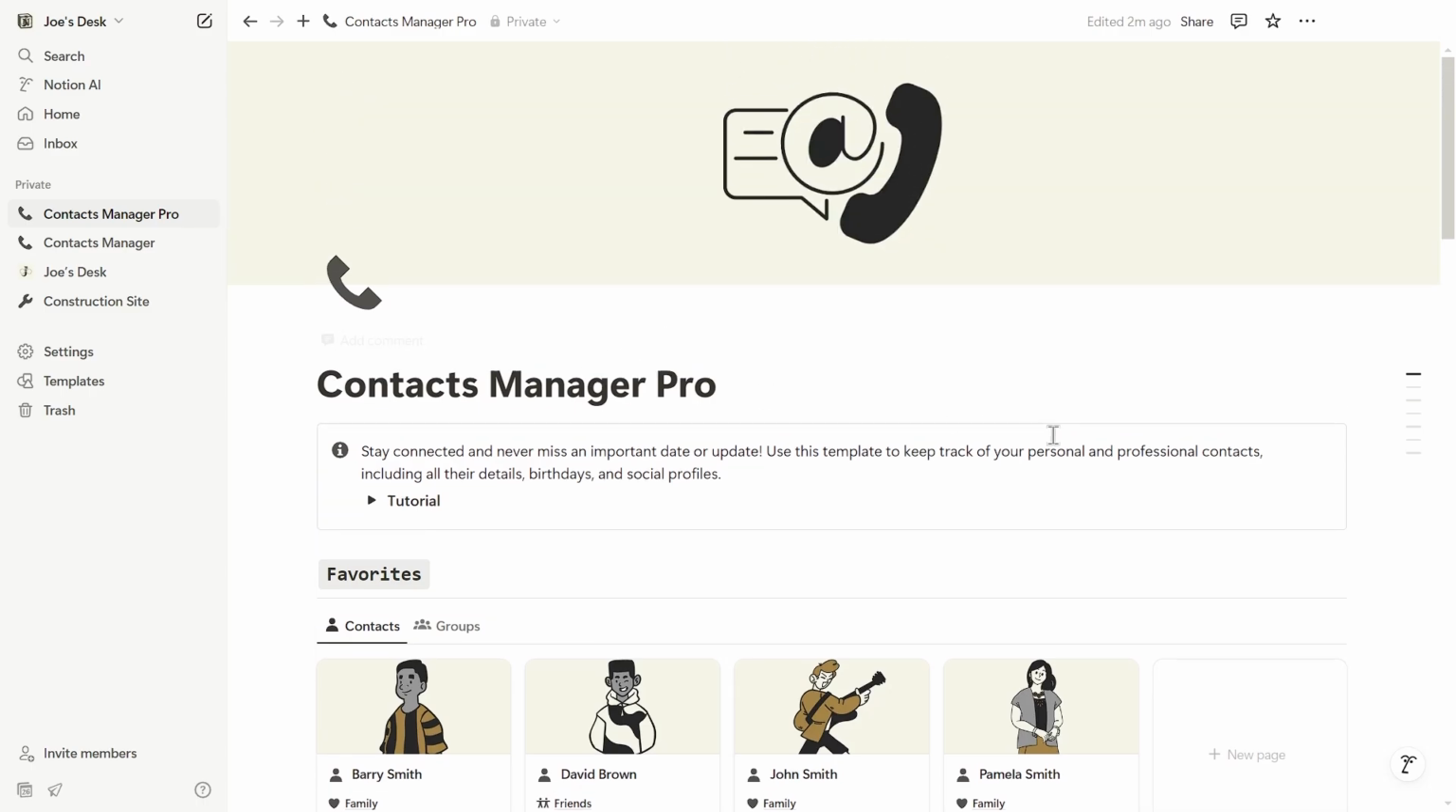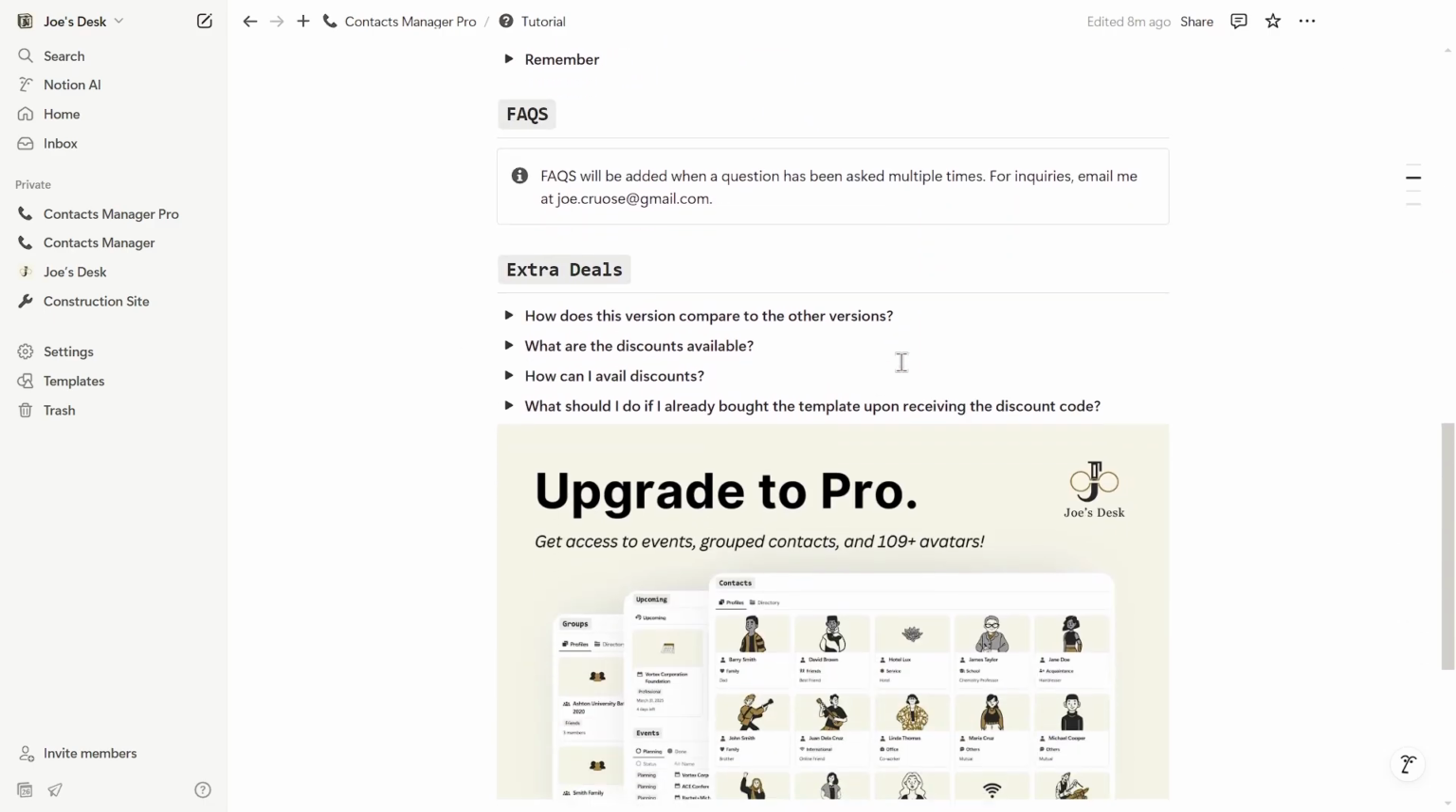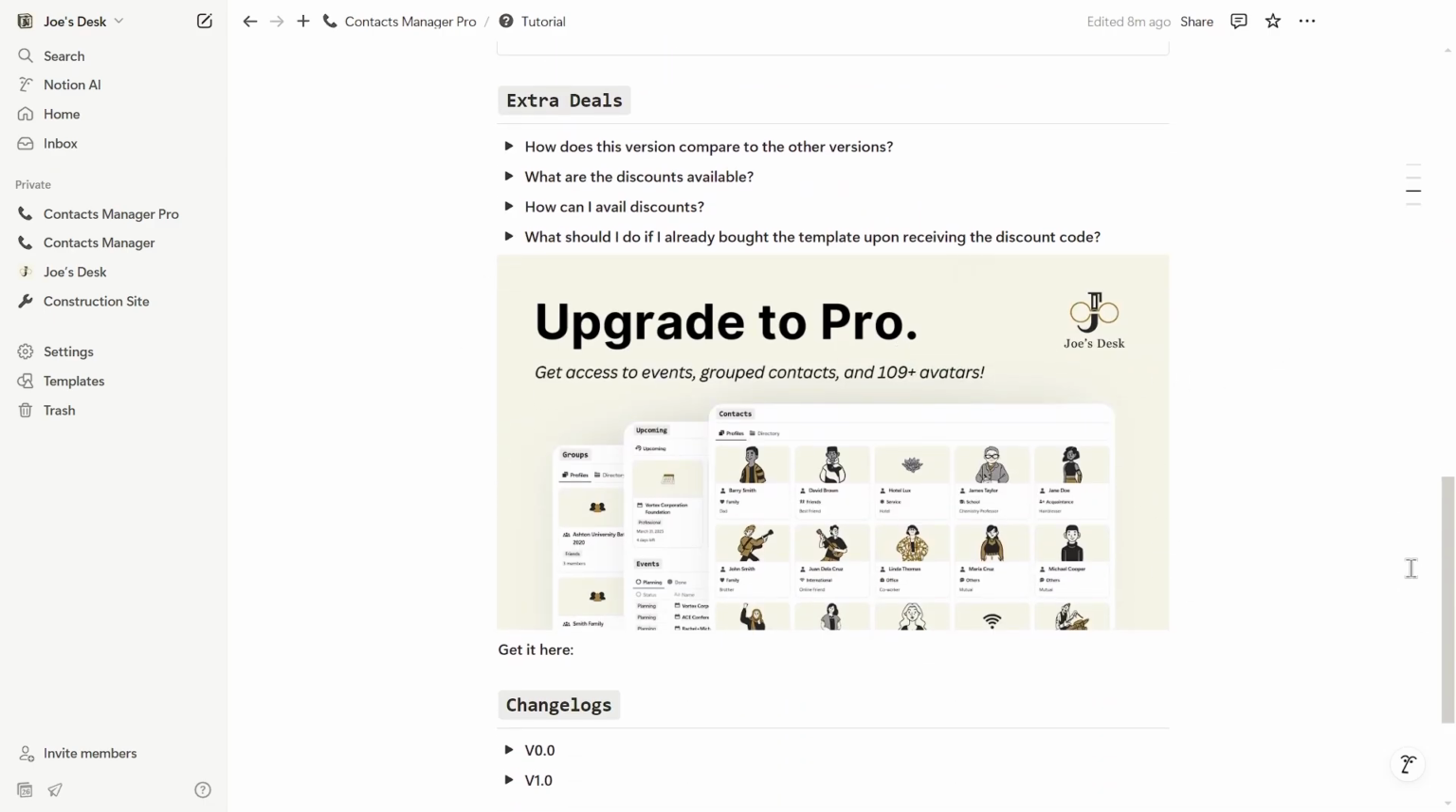Right after duplicating the template, the very first thing that you must do is to look at the tutorial, as you can see at the very top of the page. Upon clicking it, we can see the tutorial page where you can be guided on how to set up your